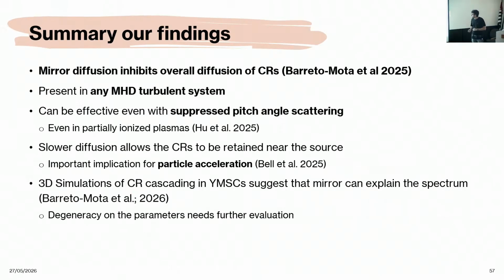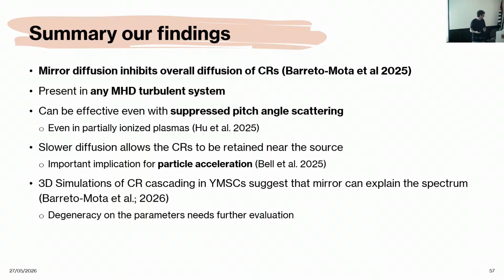And well, so summarizing the results we had from the second part. Mirror diffusion inhibits this overall diffusion of CRs present in any MHD turbulent system. Can be effective even in the suppressed pitch angle scattering. And as we saw in our results, the slower diffusion laws, the CR should be obtained near the source. So these results also can be important when modeling